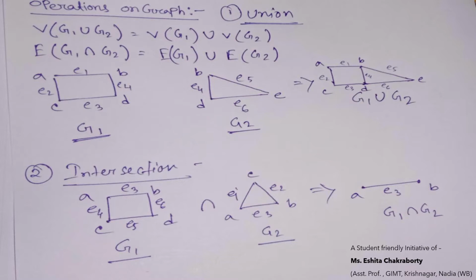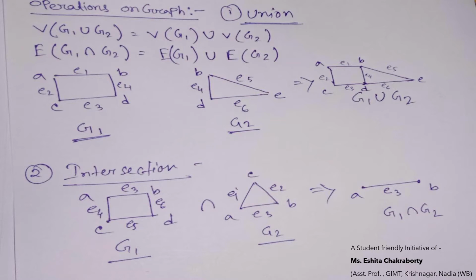Next operation is intersection. As we know, we have to take the common edges and vertices in the intersection of two graphs. If we have graphs G1 and G2 as shown in the figure, and the edges are E1, E3, E5, E6 in G1 and E1, E3, E2 in G2, then